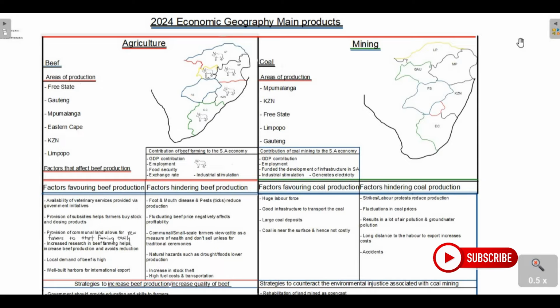We don't have enough time, so we are really rushing, and hopefully we'll be able to cover every single topic that is remaining. As you can see on the whiteboard, we are going to cover the 2024 Economic Geography main products or home products that are produced within the country. So, locally produced raw materials that are prescribed for the NSC this year, which is beef under agriculture and coal